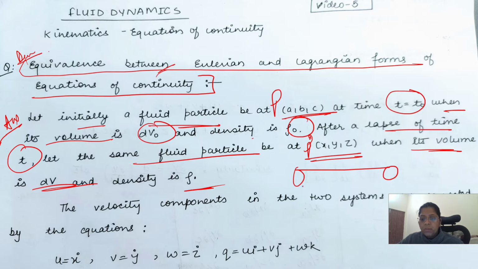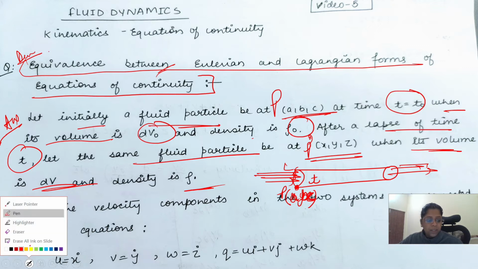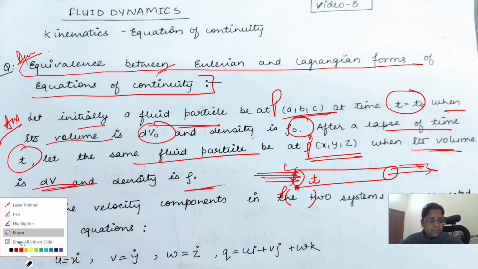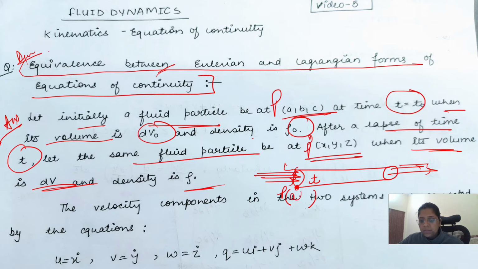Now take a small pipe and imagine that fluid is moving from the left side towards the right side. If the particles of the fluid are going from this side to this side, we assume there is one particle at a position P. As the pipe is a three-dimensional body, its coordinates will be x, y, z at a time t. But here it is written a, b, c, so I'll take a, b, c. A small particle is at a point P and its coordinates are a, b, c.